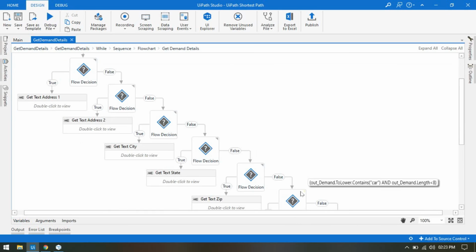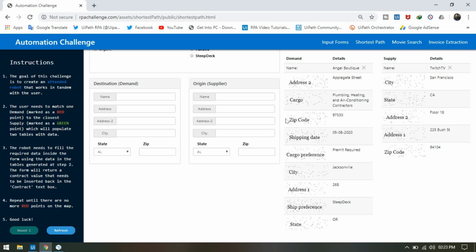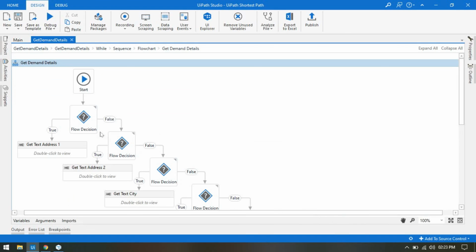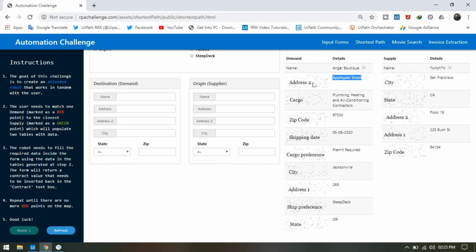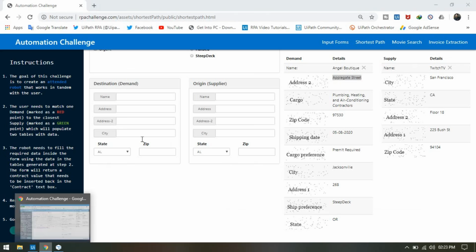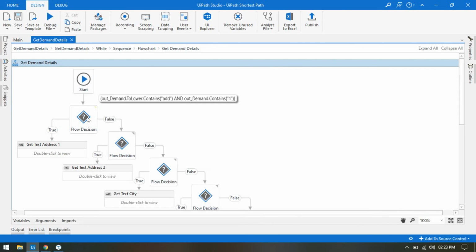So here this is to capture these data against all this demand. For that, first again we are going to check the value which we are getting in the variable out demand. You can see first we have address 2. So we are checking if out demand dot to lower dot contains add and 1.